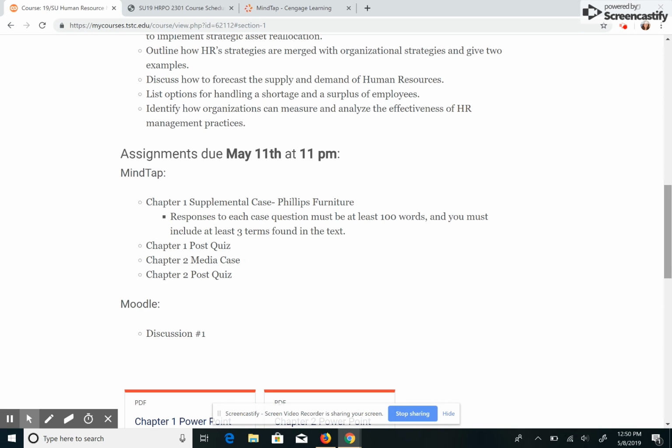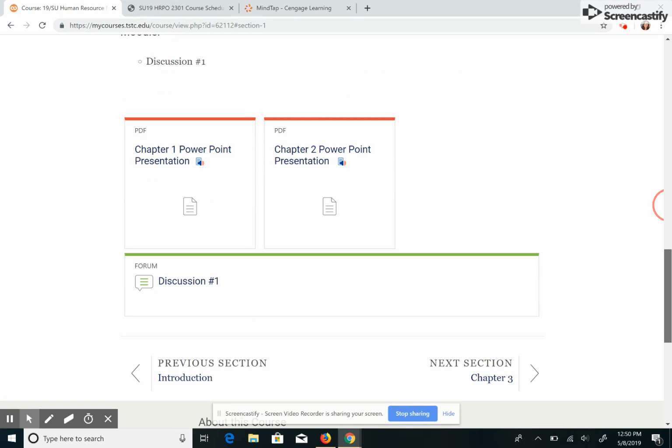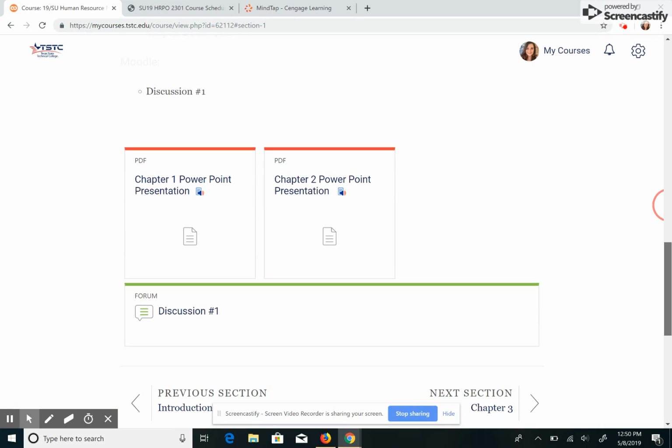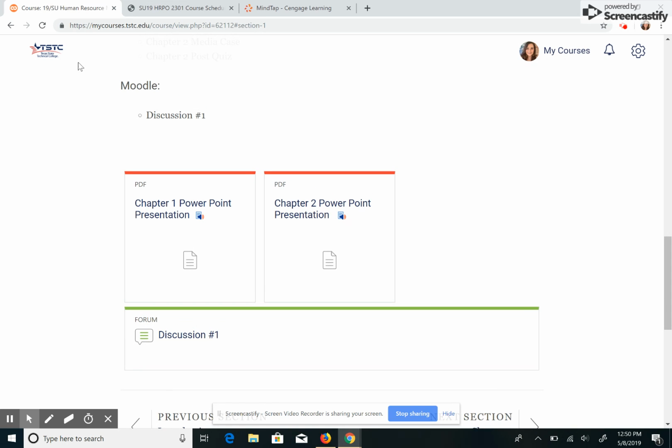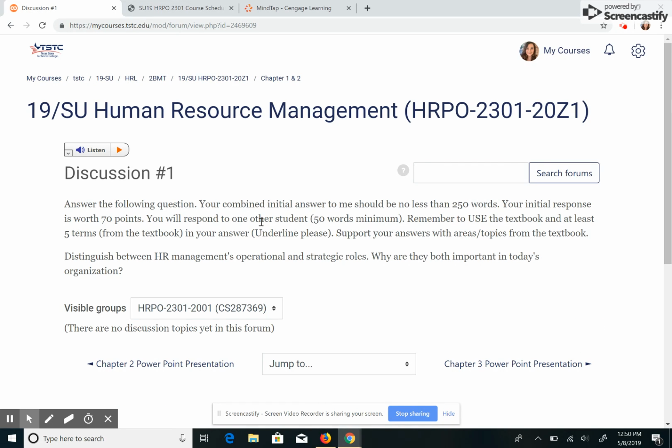Within the chapters, you will also find the PowerPoints and then a listing of any Moodle assignments that are due. So while we're here, make note, within Moodle for this week, discussion 1 is due. So here in the Moodle course, you find that discussion. When you go into it, there will be an explanation of what is required for this Moodle discussion, and you will be able to complete that here. So going back,